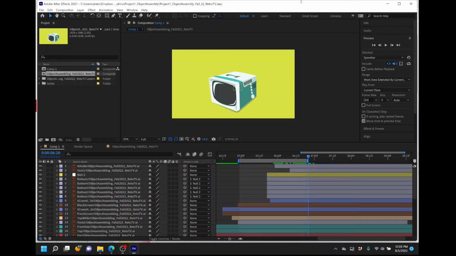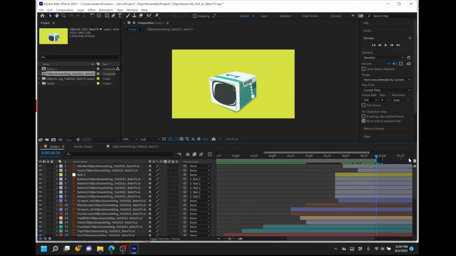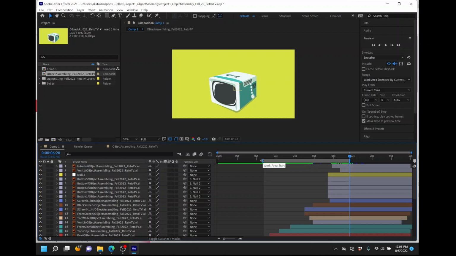Okay, I'm gonna do one more recording here. We're just about on the way out. I want to show you guys some sort of finishing polish that you can do to these scenes. So I've got the animation working, and what I want to do here is take a null object and connect